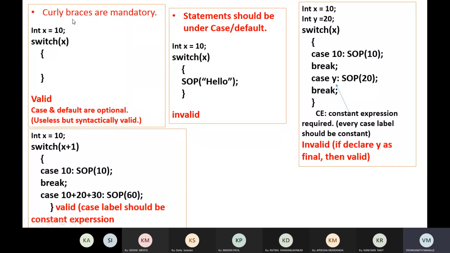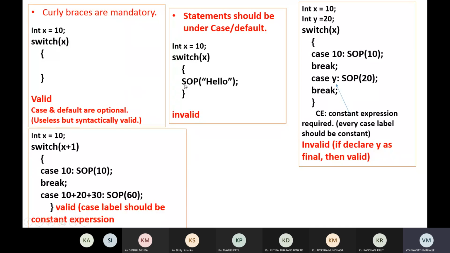Now here you can see these curly braces are mandatory. If you write integer x is equal to 10 and then switch, and we pass this integer variable to the switch, and there are curly braces, then it is valid and it will execute. Then the statement should be under case or default.